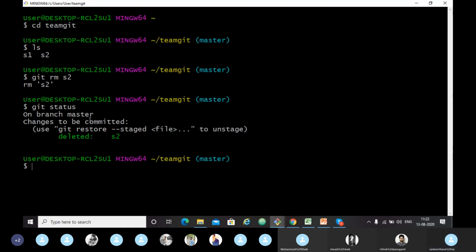We had removed the file. Now we have to make a commit. Yesterday we learned how to commit from the working tree to the staging area and from the staging area to the history area, right? So we will just use git commit.